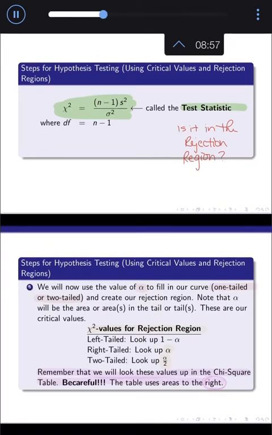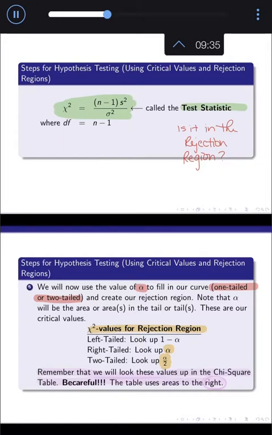let's see, remember the rejection region is determined by using your alpha, and your alpha is going to fill in the area in the tail or tails, depending on if it's one-tailed or two-tailed. And then you're going to have to work backwards and use your chi-squared table to find the values for the rejection region. So be careful. If it's two-tailed, you have to actually split out that area between the two tails, which means you'll need to cut it in half. If it's a right-tailed, we'll just get to stick the area in the tail and look